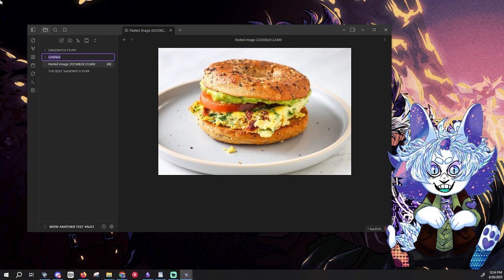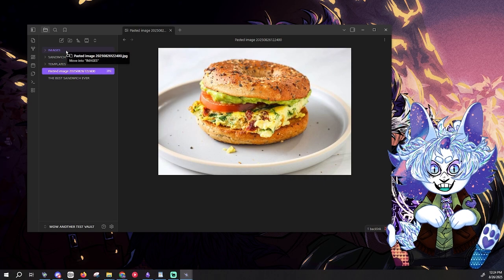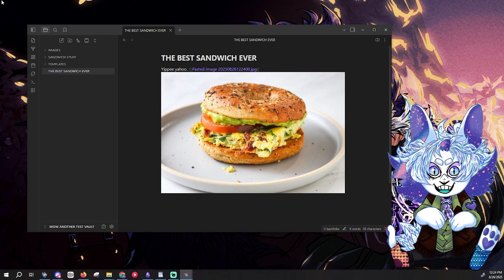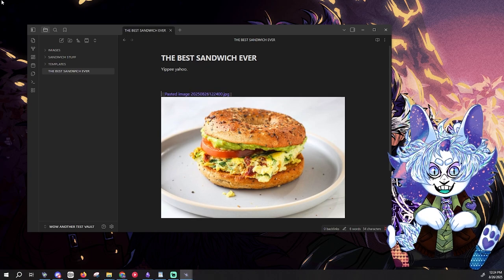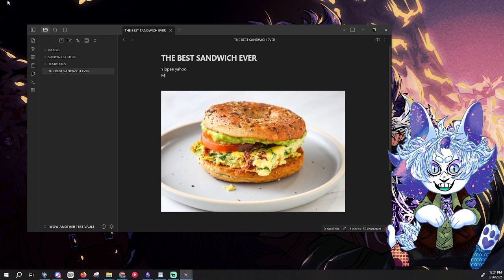And I always have one for images, and I always have one for templates. We'll get into templates in a second. But I put my image in there, and so within the best sandwich ever, we have our text, we have our image, and I'm gonna say my favorite sandwich